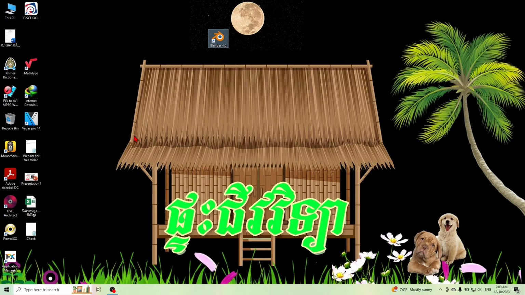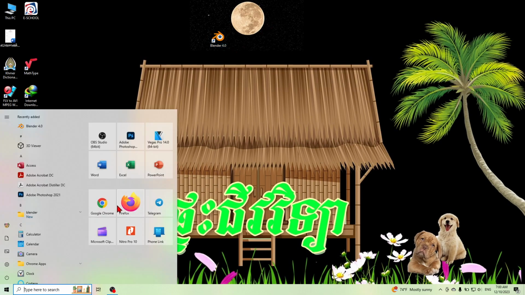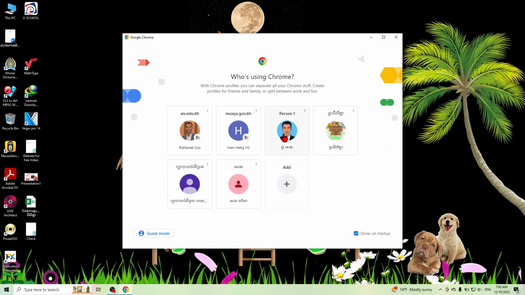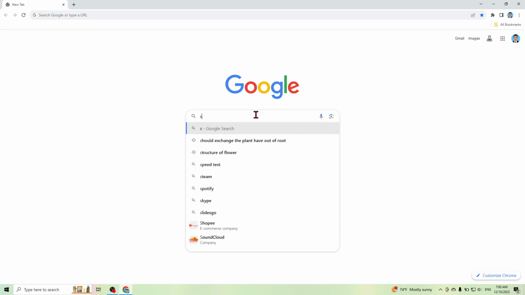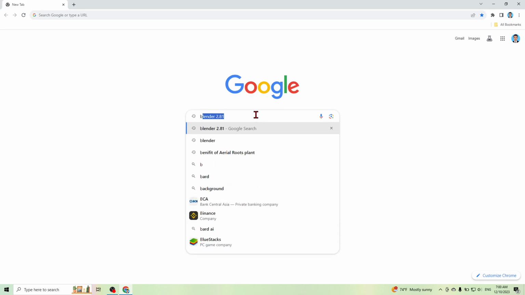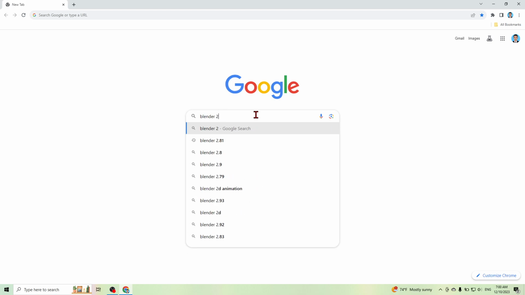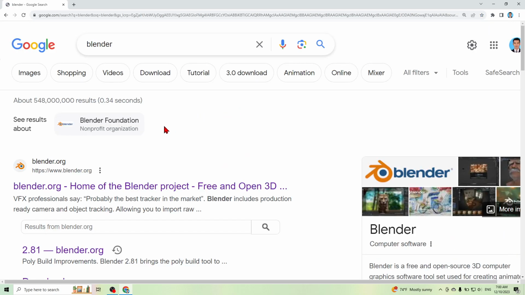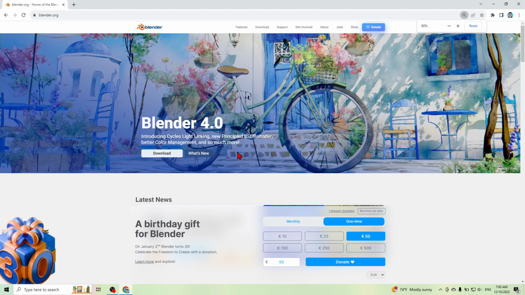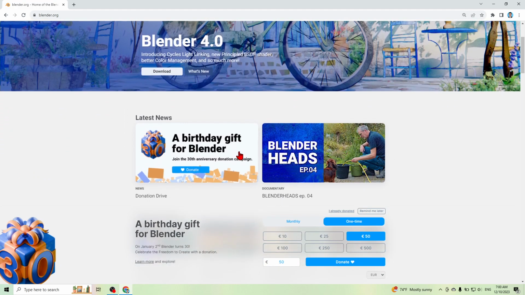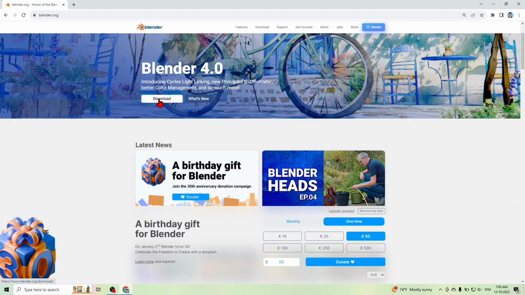Let's do it. First of all, you need to go to Google and then type Blender. Here is Blender, and if you click on download,